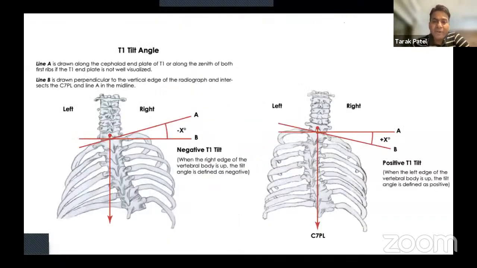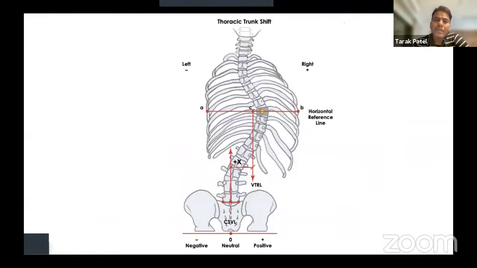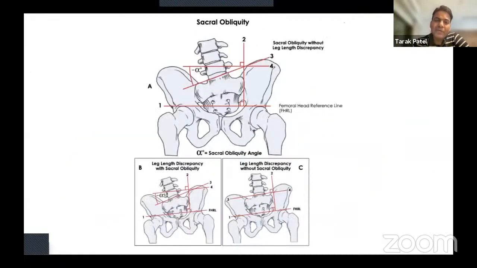T1 tilt is very important because many times post-op there is shoulder imbalance, so intraoperatively also you need to look at the T1 angle. Also, in many cases of proximal thoracic curves, T1 tilt helps us in guiding the upper instrumented vertebra. Truncal shift, and the last but not the least is the sacral obliquity, because it is